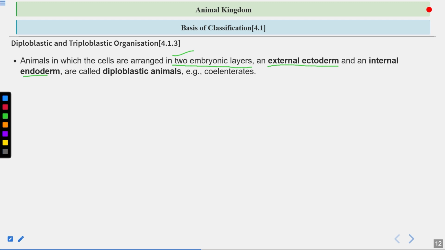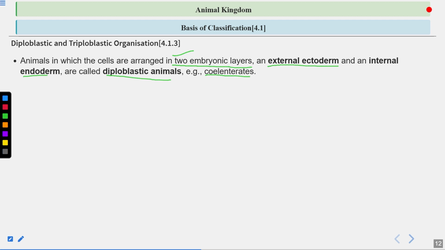Only two layers are there. Such an organization is called diploblastic organization, and such animals are called diploblastic animals. One example is the coelenterates,